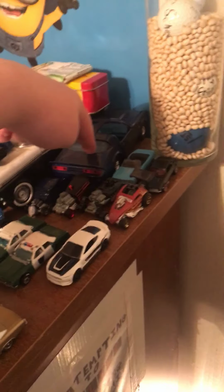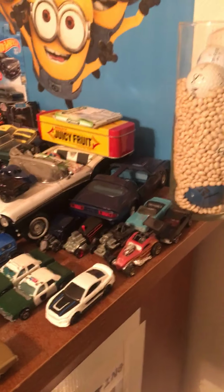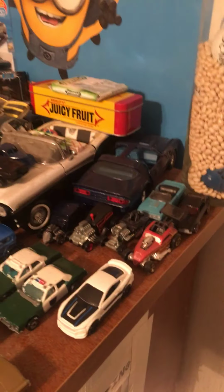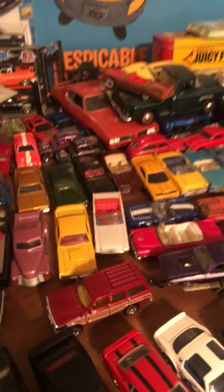And this one in particular over here, from behind, it may look like a Trans Am, but it's not. It's actually a Camaro Z28. I actually bought it at Bridgefest. It was originally just bare metal, but I decided to paint it that dark blue color because I thought it would look good on it. And I got a few other bigger model cars over here. Surprisingly enough,